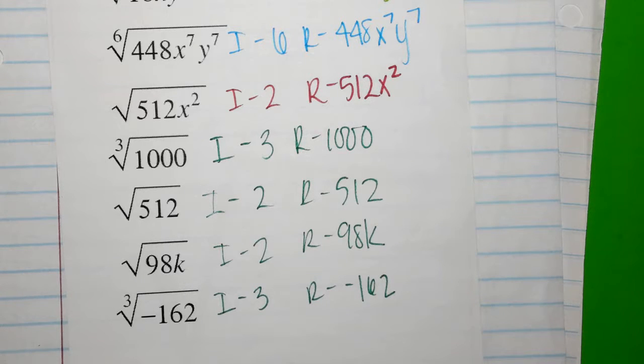Who in here knows what a perfect square is? When you take the square root and you don't get a decimal. Yes, take a point. Is 3 a perfect square? No. What about 5? No. What about 8? No, it's not. So perfect squares are 1, 4, 9, 16, 25, 36, 49, 64, 81, 100, 121, 144, 169,